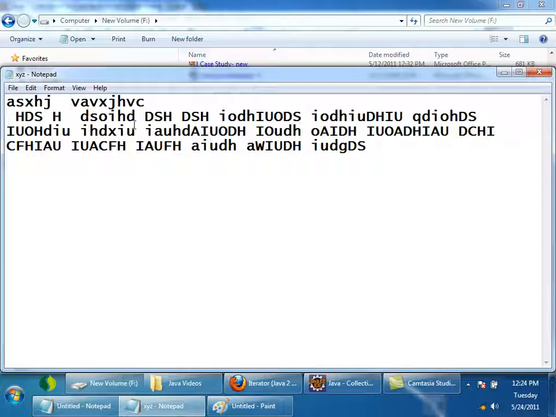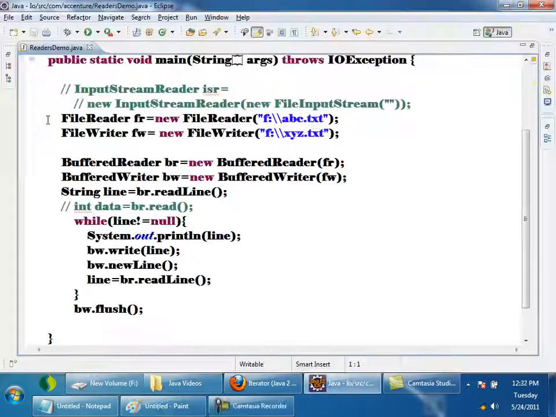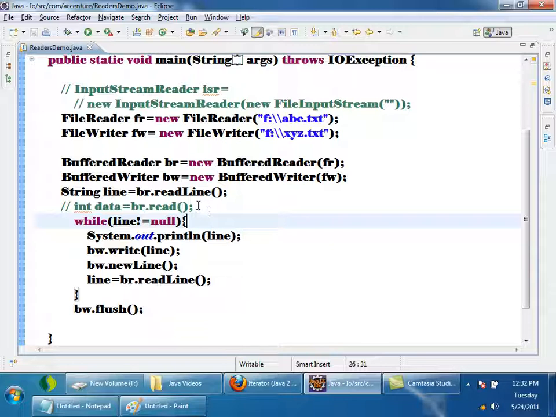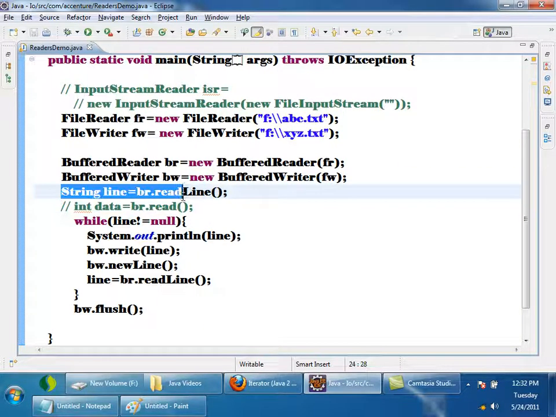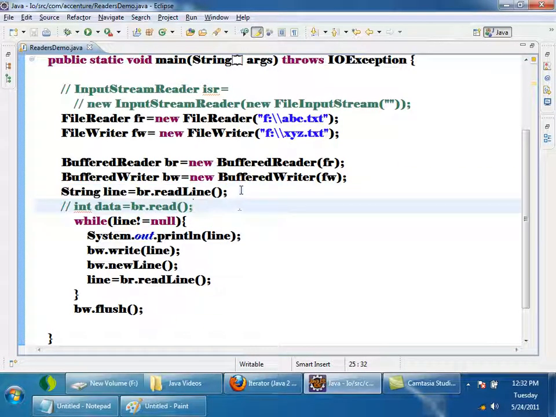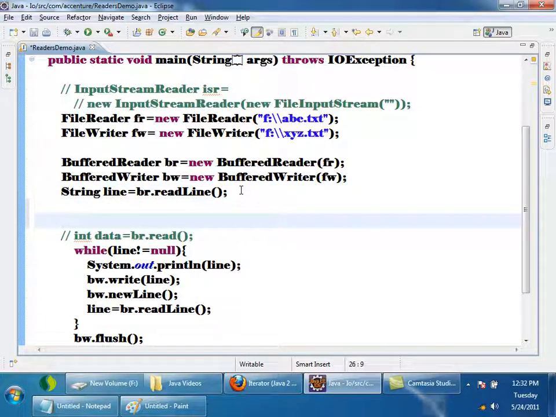What you have to do is read a file by using a buffered reader line by line, add each word inside a list, and finally print that list. See this code here. What I told is I want you to read line by line, so here I am reading line by line. I will create an array list.